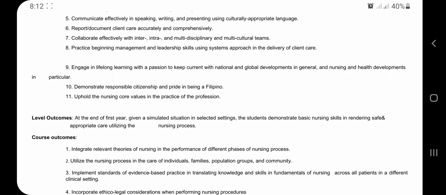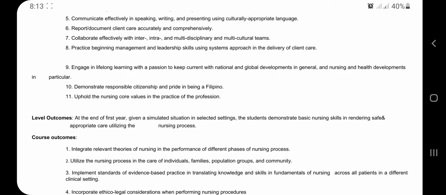And lastly, to uphold the nursing core values in the practice of the profession. So, level outcomes, ano yung gusto nating mangyari? Okay, at the end of the first year, given a simulated situation in selected settings, the students demonstrate basic nursing skills in rendering safe and appropriate care utilizing the nursing process. So, yun yung pinaka-overall na gusto nating outcomes out of this course na ito para mas mabigyan kayo ng idea